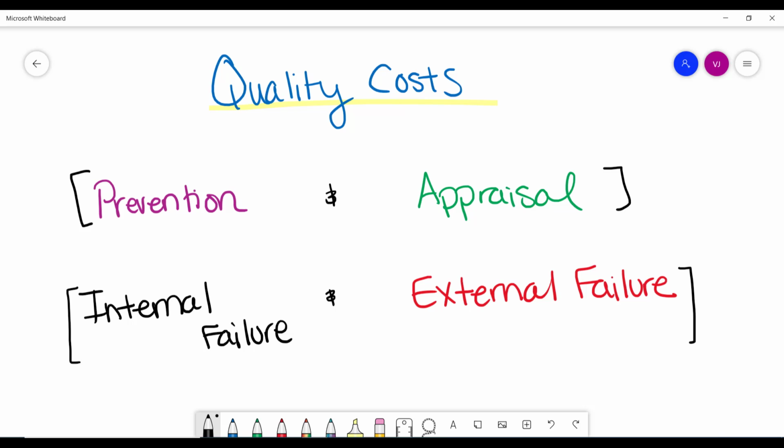And you can also see from one year to the next, you can put years next to one another and see how what you're spending on each of these categories is changing. And you might see, as an example, going into next year, if we compare year one and year two, in year two we ended up spending a lot more on prevention and appraisal costs than we did last year. But then in year two, our internal failure and external failure costs are a lot less than year one. So those are the kinds of insights that you can gain from